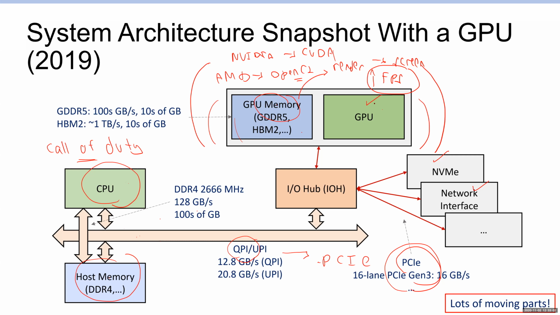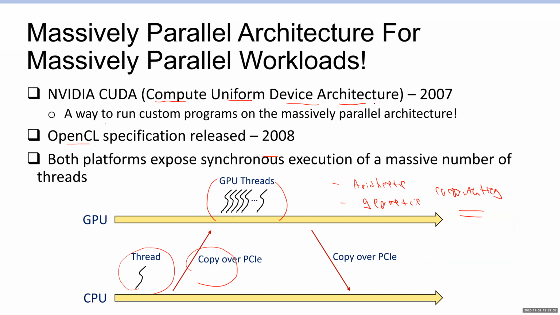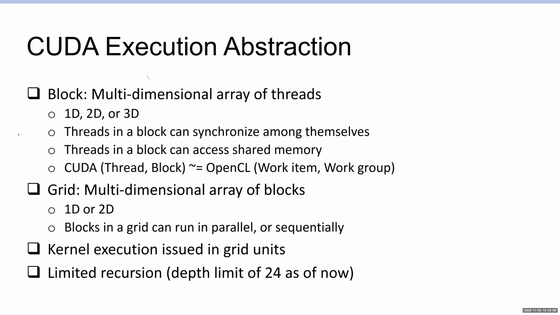You're not getting any hardware changes. It's just new software that transforms your GPU card from graphics processing only to general purpose computing on a graphics processing chip. That's where, through the CUDA execution abstraction,